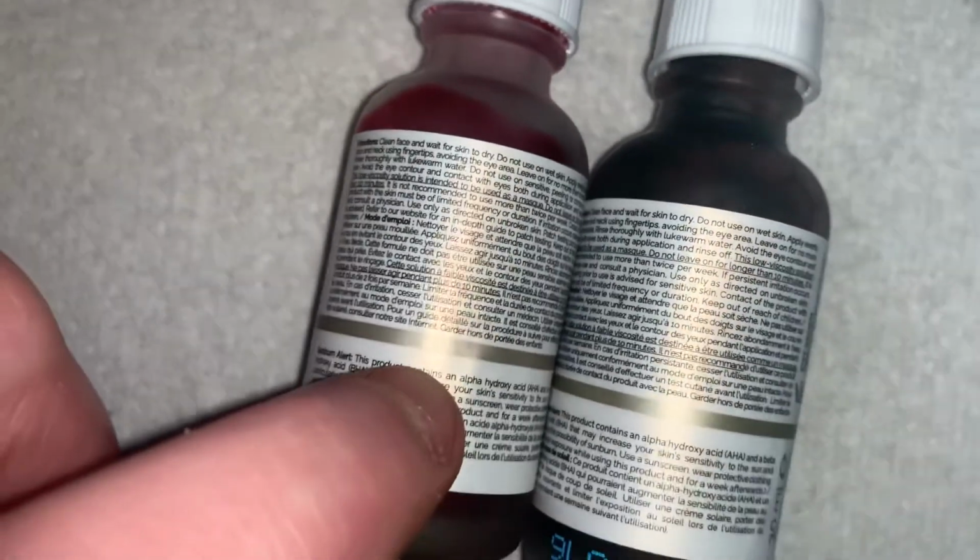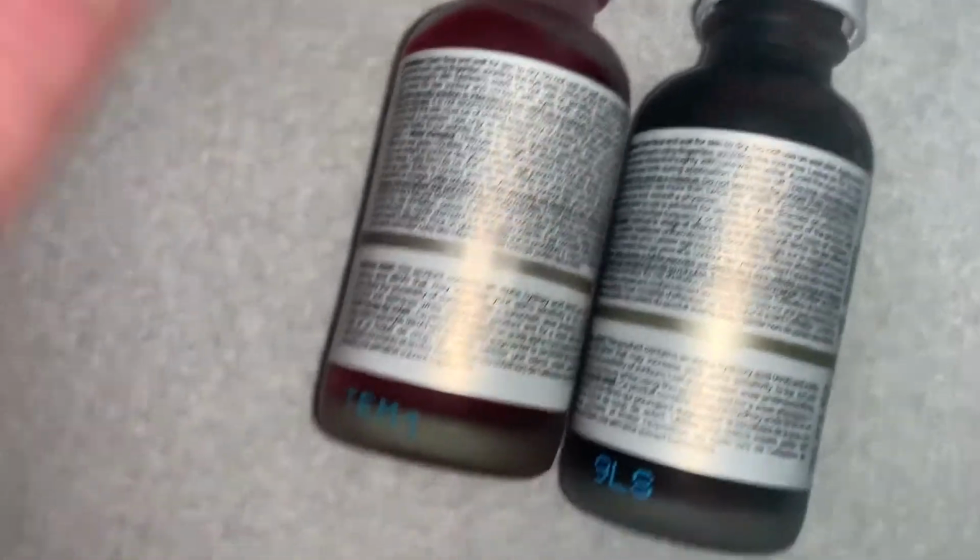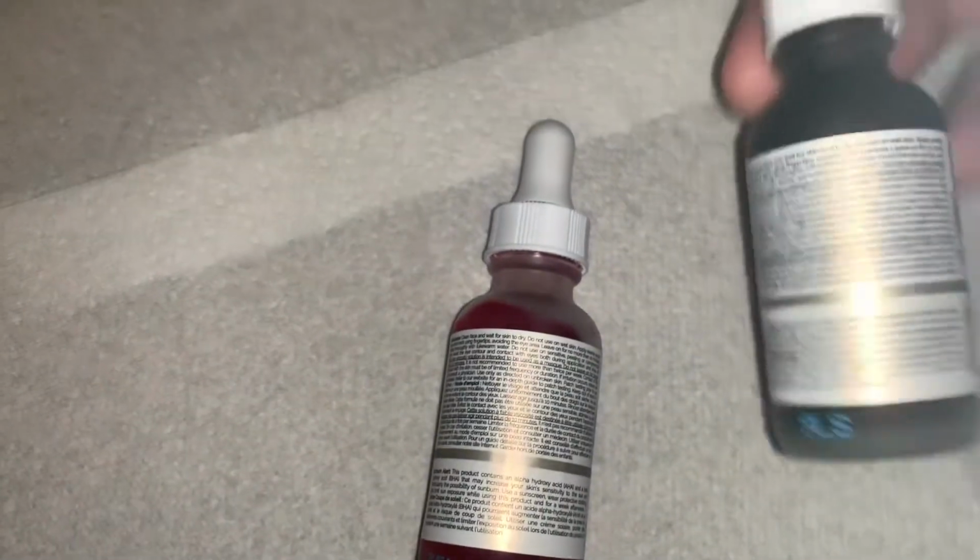The writing on the back says a slightly different thing. I don't know if you want to pause that and read it. It's not that different. On the bottle as well, if you look at the lids,